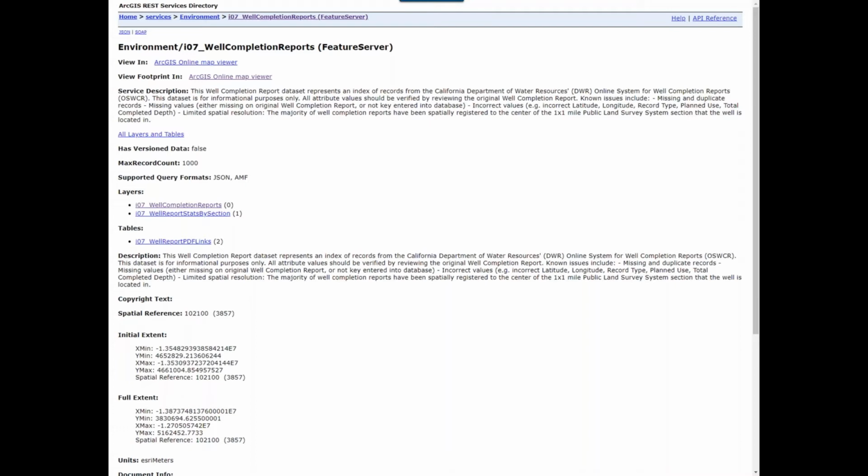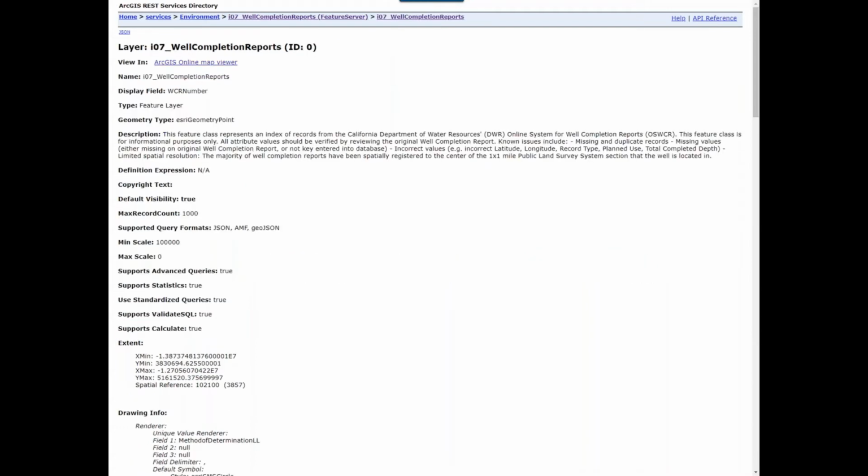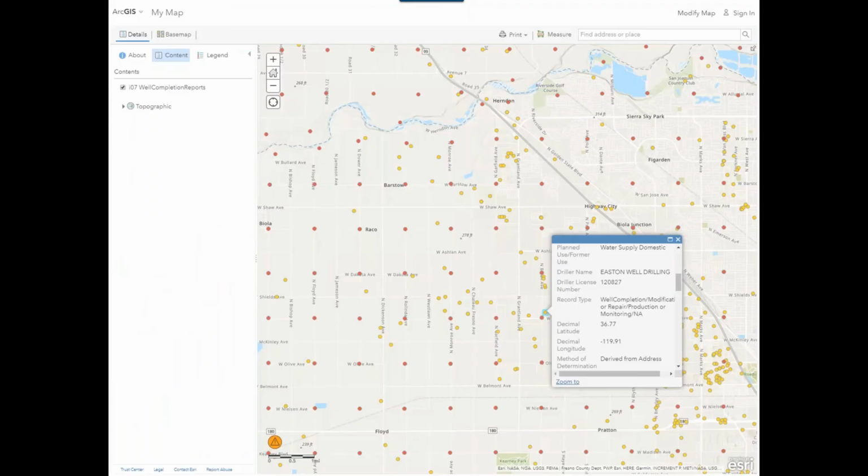So if you go to this website and you get to the spot, you can click on that, and that's why it's a different color, because I had clicked on it, and you can see all the well completion reports in the same way with other layers, if you will. And so when you do that, here's what you get. And several states have this sort of feature.